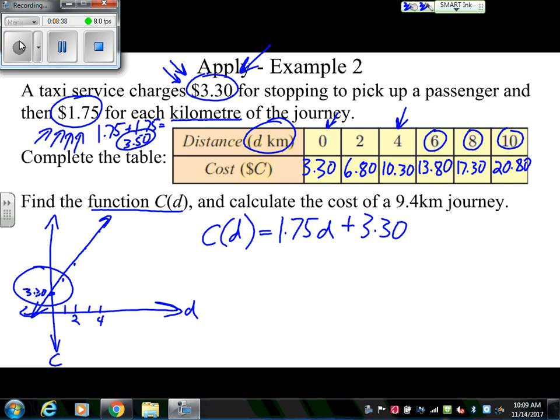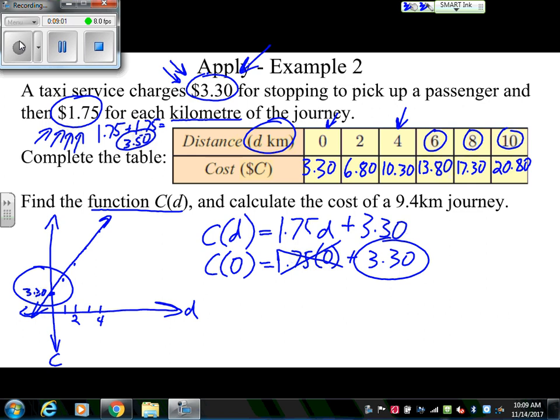So you can see now if I plug in 0 for D, I would end up with 1.75 times 0 plus my $3.30. But this would cancel out, leaving just my initial cost of $3.30. Well, what we're being asked for now is a 9.4 kilometer journey. So I want the cost of traveling 9.4 kilometers, which would be equal to 1.75 times 9.4 plus